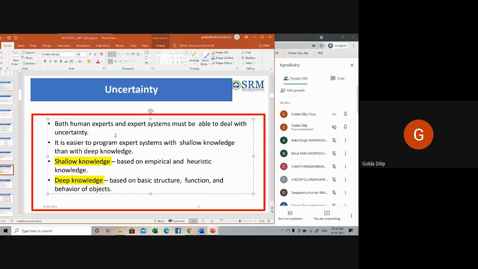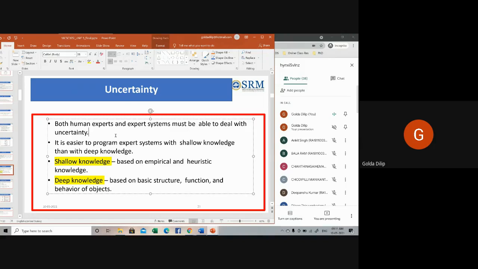So the expert system needs some sort of probabilistic approach for handling uncertainty. There are different types of expert systems, and a rule-based expert system is very good at handling uncertain knowledge. I hope you remember the various probabilistic techniques we discussed in the fourth unit. Do you remember? Bayesian networks and Dempster-Shafer theory are both good at handling uncertainties.